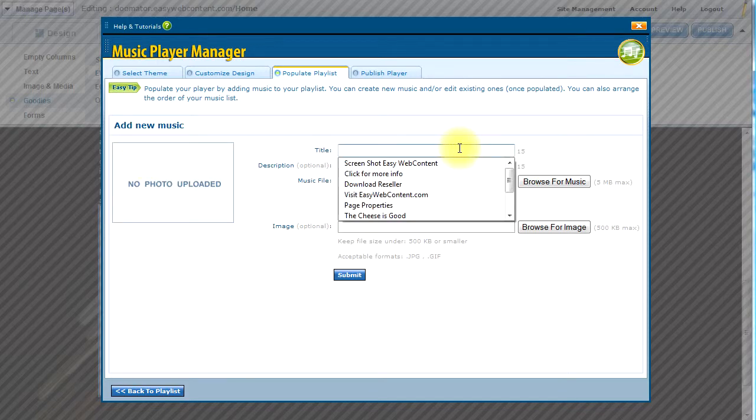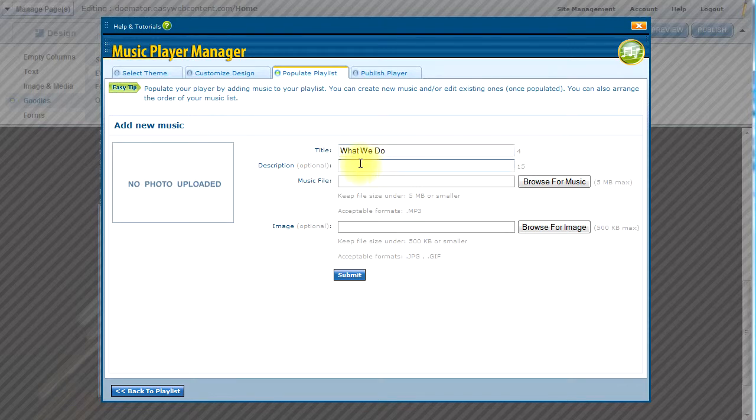So I will go ahead and add a title. The description field is optional. In the MP3 player there's very little space, so you probably want to limit any kind of text you use in a description. In this case I'm going to leave it empty, and then I'm going to browse for